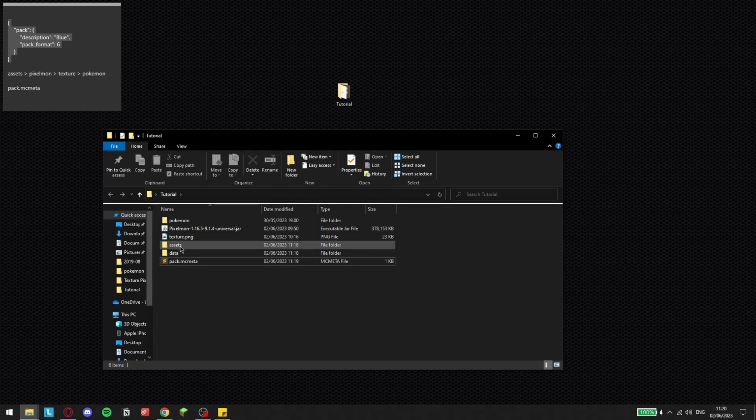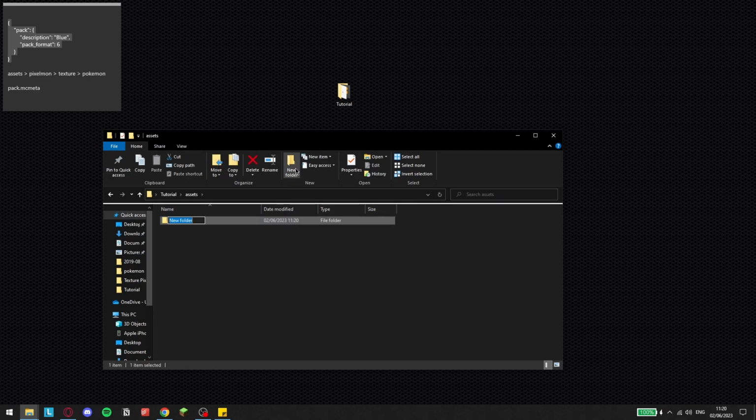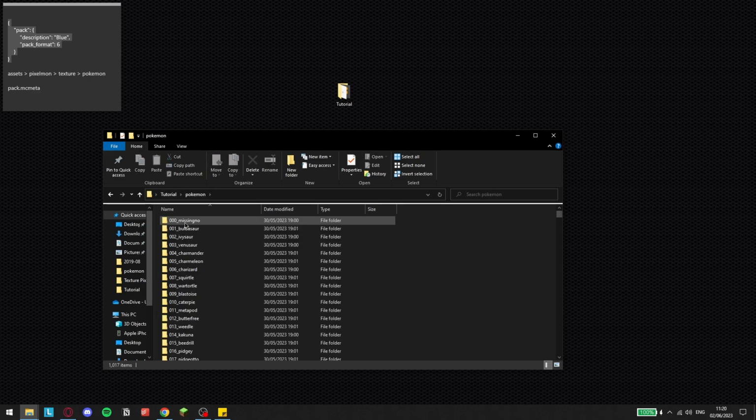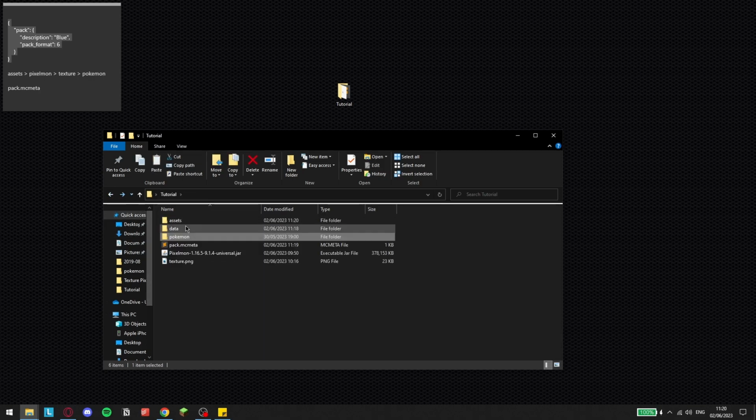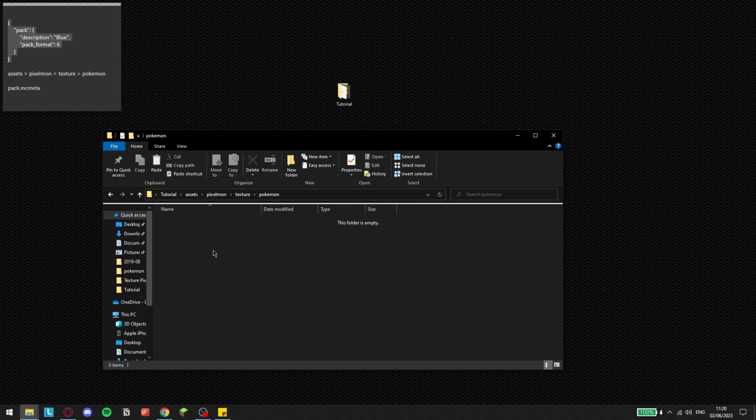So now we also need to access the assets file. Go to assets, go to new folder, type up Pixelmon, next one, go to textures, go to Pokemon, and then now we actually have to access our Fuecoco resource pack. So we go back to Pokemon, and then we go to 909 Fuecoco, skip through accidentally, right click on here, copy paste this into our assets file, right click, and then you can click paste, or you can do